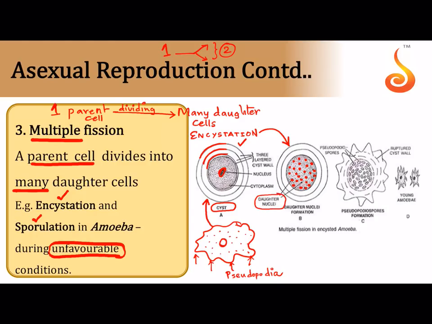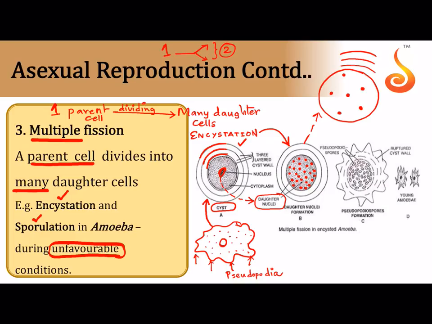One single nucleus, which was there here when it underwent encystation, has divided into multiple daughter nuclei. That's why it is called multiple fission. Isn't it? Now gradually each of these nuclei, so let me draw this diagram here, only the cell without the cyst wall, let me show here. So this is the cell, 3-layered cyst wall is over here. Okay, now let me show very few nuclei for diagrammatic purposes. So many nuclei have been formed.